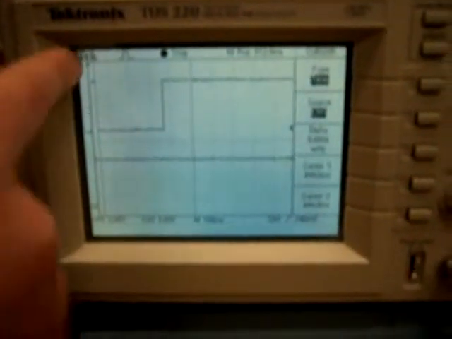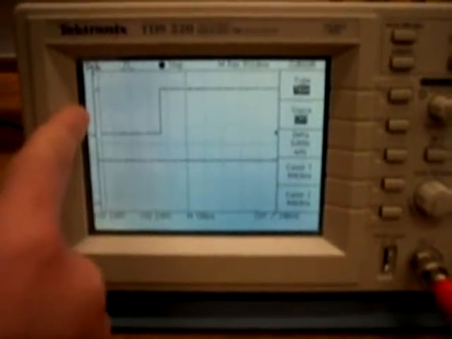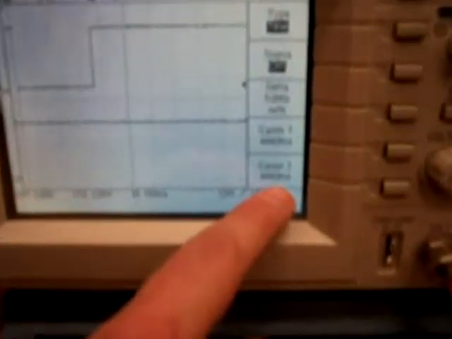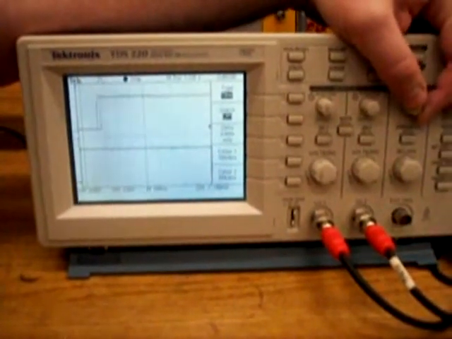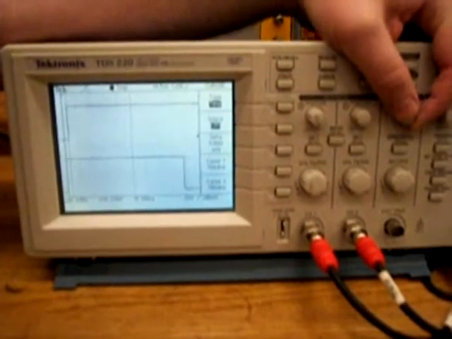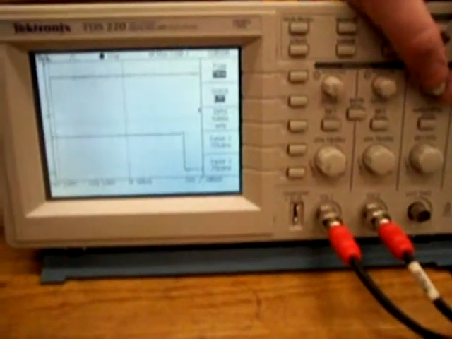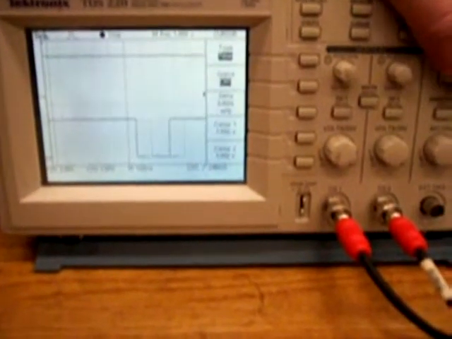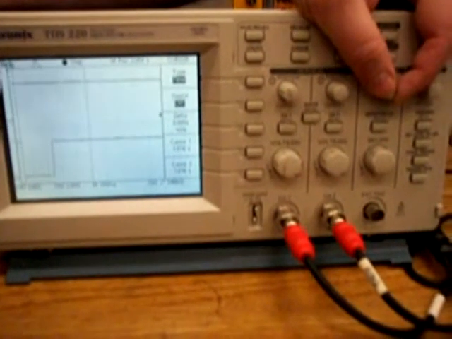Okay, so now the cursor is flush with the first line of where the glider interrupts the first photo gate. And then I read that time in the bottom right-hand corner. Let's see, 444 milliseconds, 444.0 milliseconds. Okay, great. And then I slide the graph over to match the cursor again for T2. That was T1, now I'm looking for T2, 772.0 milliseconds. And then I just go down to where it interrupts the bottom photo gate, match the cursor up. That's T3,